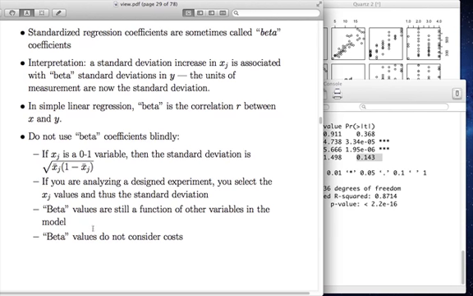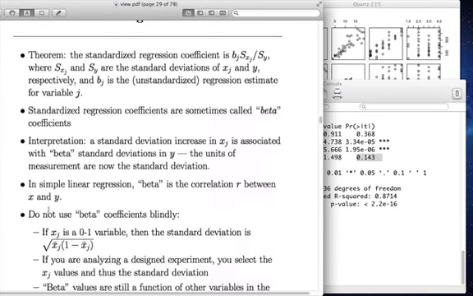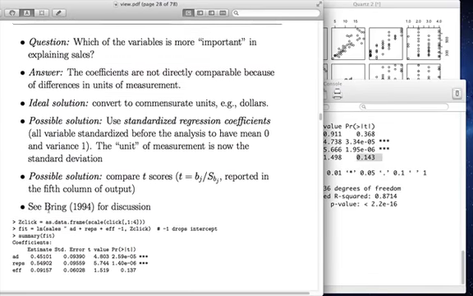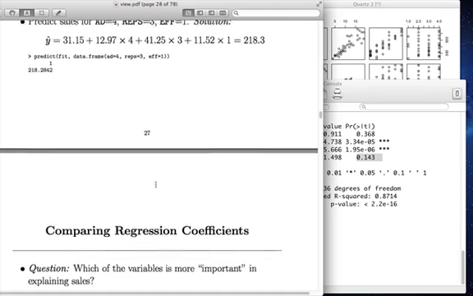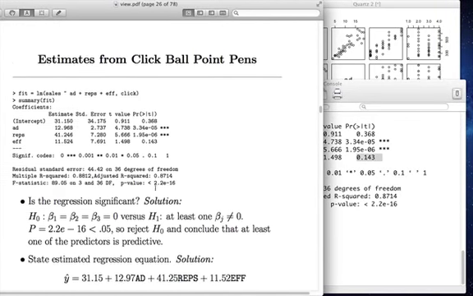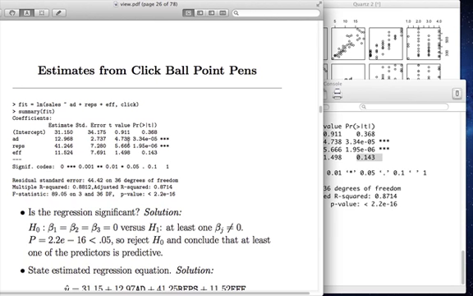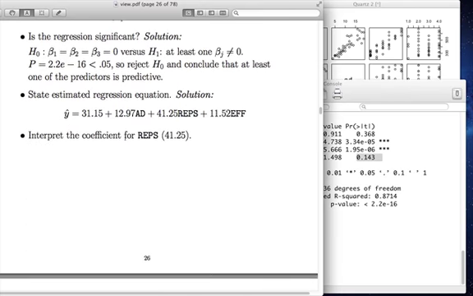So that's another problem. Beta values don't consider costs. We've already discussed that. And betas will still be a function of other variables in the model. So it's not so simple. Another approach is to compare t-scores. So I think the best approach is to convert to a common unit like dollars. The next best approach is to compare the t-scores. So let's go look at those t-scores. So these t values will be another indication of variable importance. And you'll see it looks like reps are a little bit more important than ads. So that's another approach to make